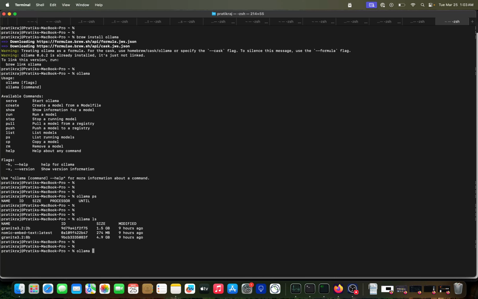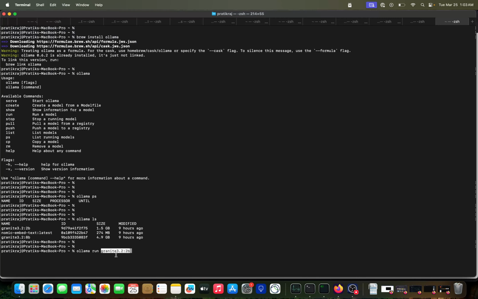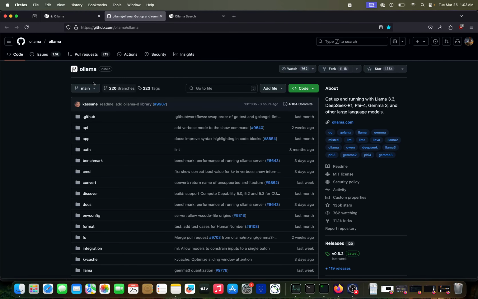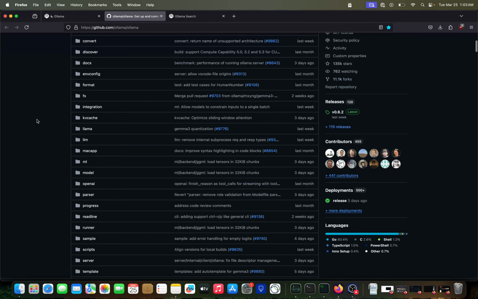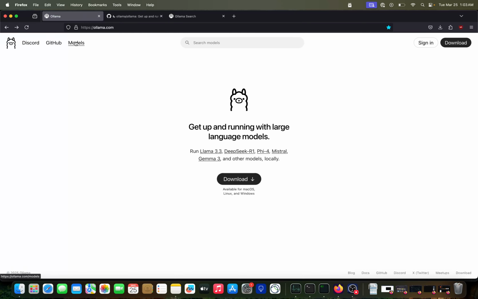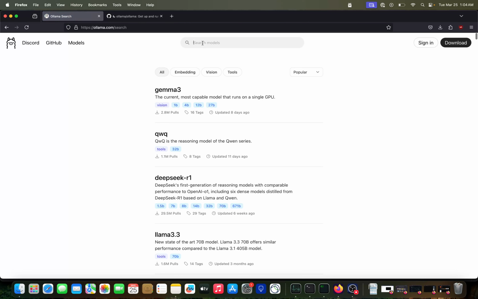Running models is very easy. You just have to say ollama run, and then search for the model and copy it. So the question is how you find this. They have the github page, and this is open source, one of the best things about ollama. And on the side there is a models page also, or you can search for the model. If I do not type anything and just press enter,